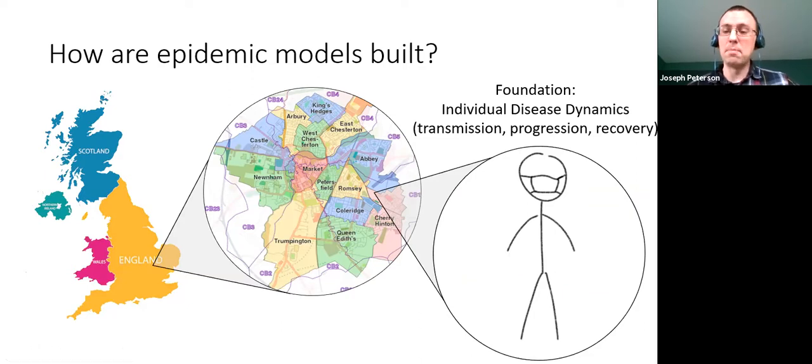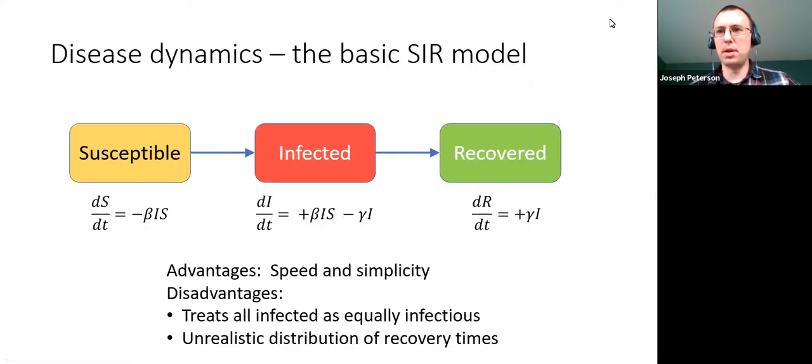But at the same time, every time you accept a compromise in accuracy or detail at this level, it means that your epidemic model is ultimately less useful for making predictions by the time it gets to the full scale level of resolution. Okay, so we're going to start this talk by looking at a classic and popular model of